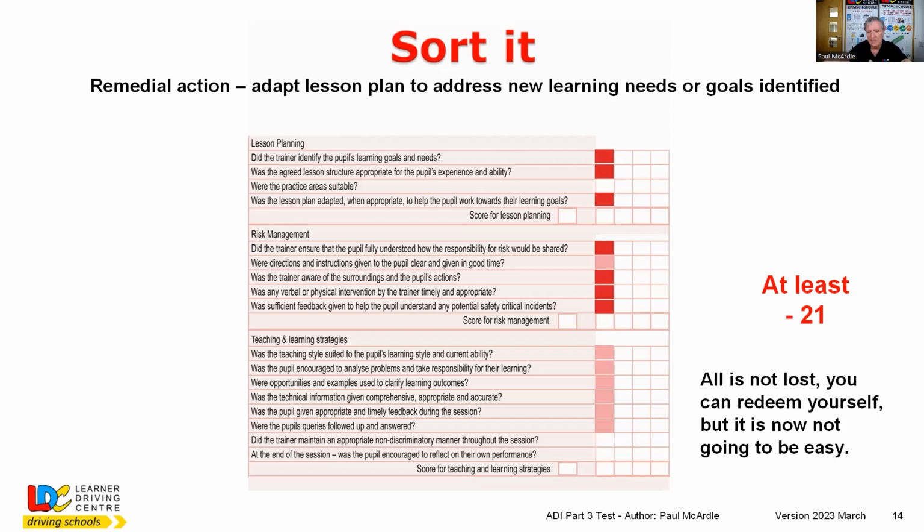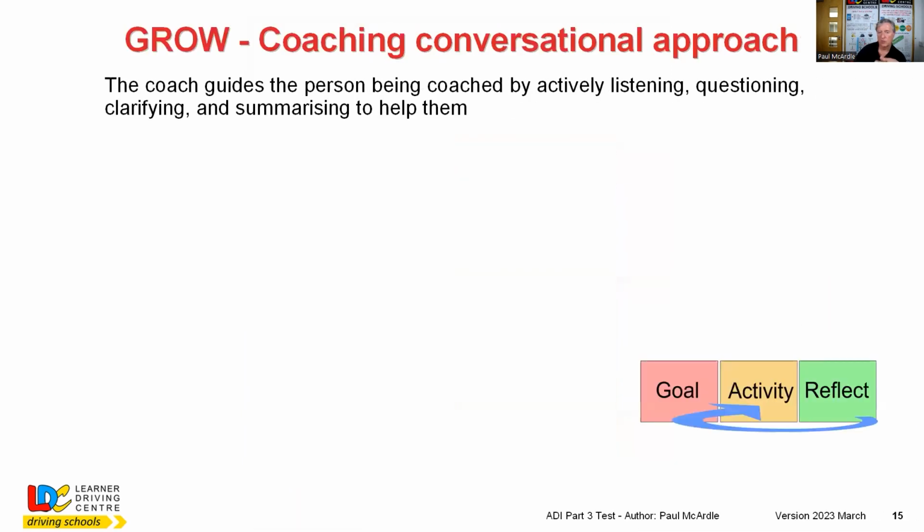So it starts in the examiner's mind. He's starting to think, oh yeah, okay, right, he is recovering. And then if you do everything else well, then it is possible to get yourself back up to the point where you need 31 and at least 8 within your risk management. So that's why the see it, say it, suss it, and sort it are so important. So we've looked at the